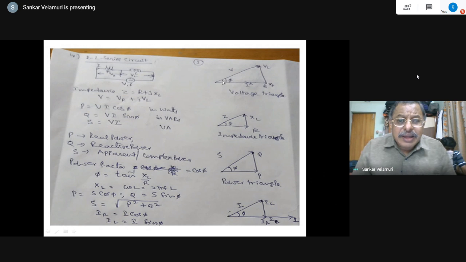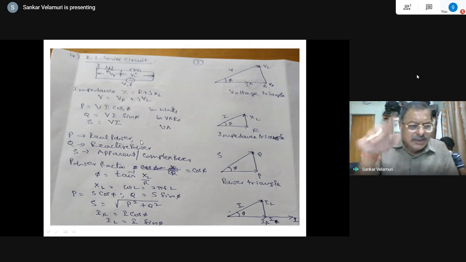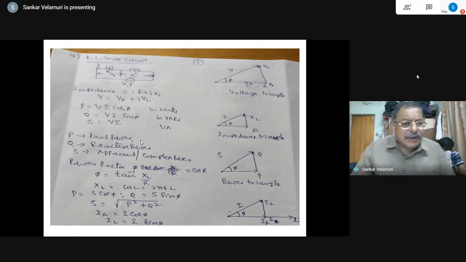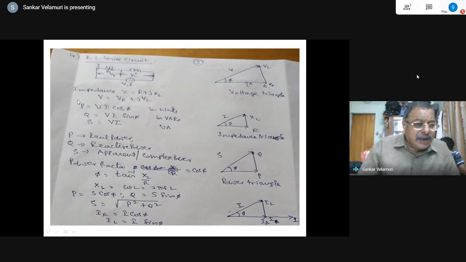The resultant is VR plus jVL, which is V at an angle of phi. So it is a lagging power factor angle, because the current lags the applied voltage. The real power consumed is VI cos phi in watts, and Q is equal to VI sin phi, the product of the RMS values. I have not given phasor notation here by putting arrows on top, but we could have. Some textbooks print them as bold letters.